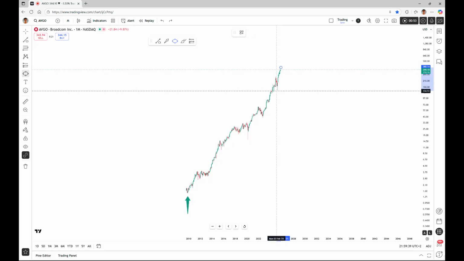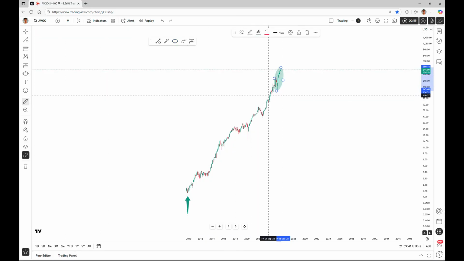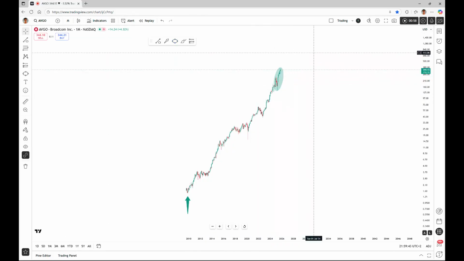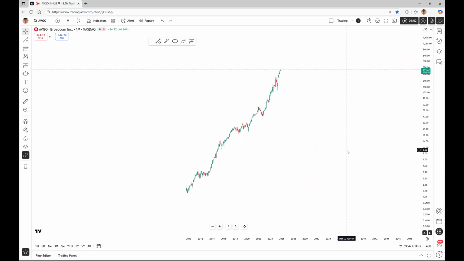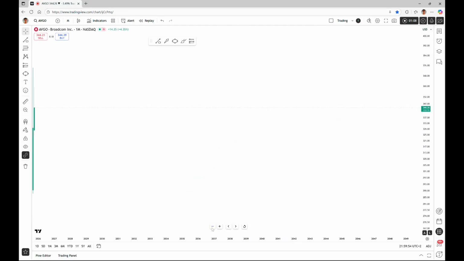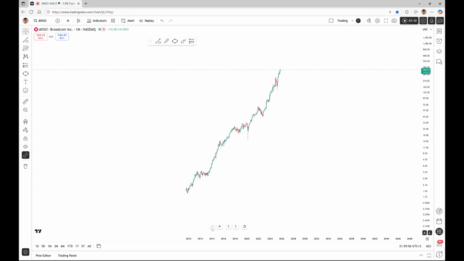However, over the course of the past couple of months, we saw an even stronger rally of approximately 150% towards the upside. And just the fact alone that Broadcom is now once again creating new all-time highs seems to be a bullish sign. However, if we now start with some simple technical analysis, we can first of all see, starting